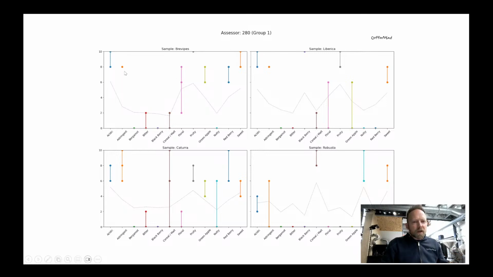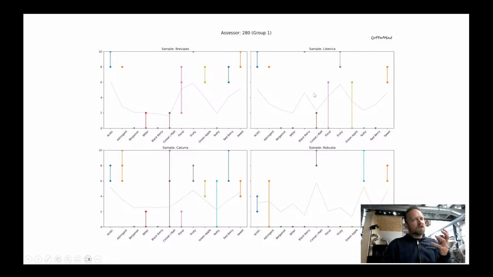But you can see here, for example, astringency. This person really scored astringency the same every time, all 3 times, so that's good. And you can see acidity, it was only 8 and 10. So that was not all over the place like florality. I think I should find another descriptor to talk about. For example, the green apple here, you can see for Liberica, this person scored it 0 and 6, the same sample. That is really confusing, but sweetness was more consistent.